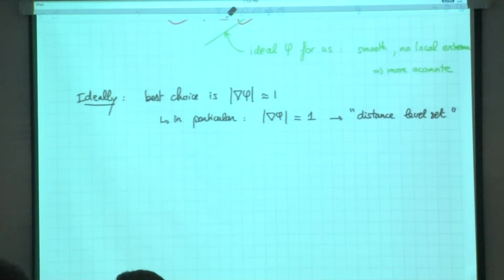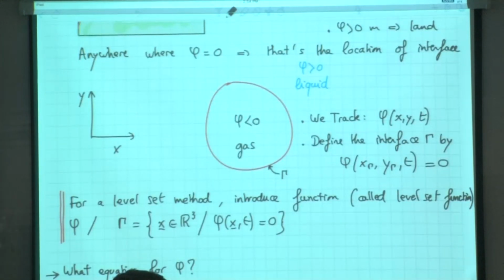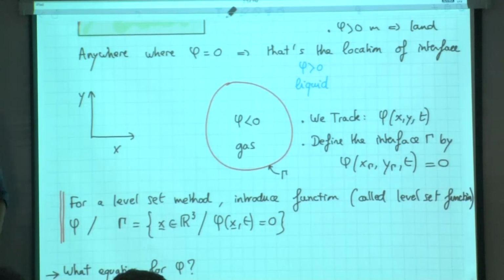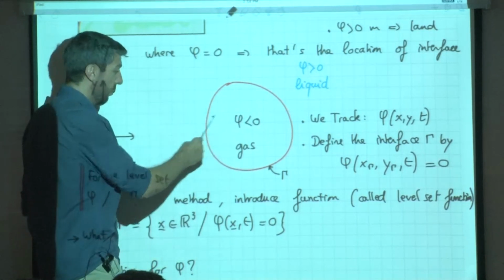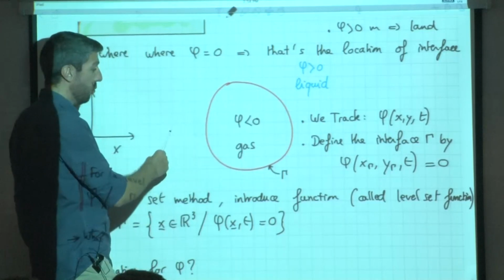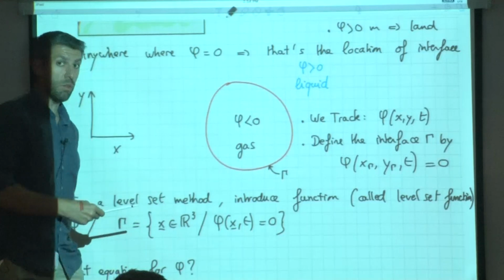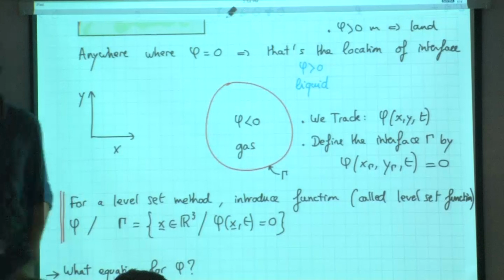And this you can think of by going back to this bubble here. So let us sketch what your distance level set would look like here. It would be positive here, negative here, 0 all around, and at every point you would just have the distance from the point on the interface. So if you plot it along this central line,